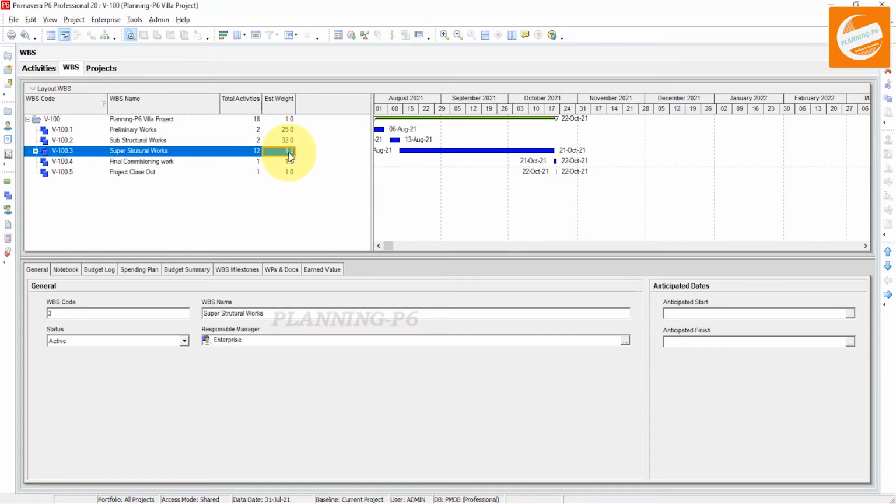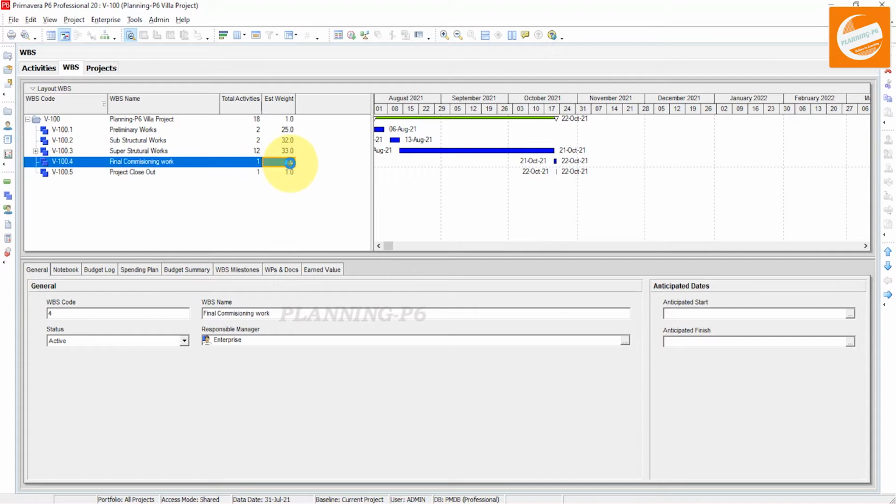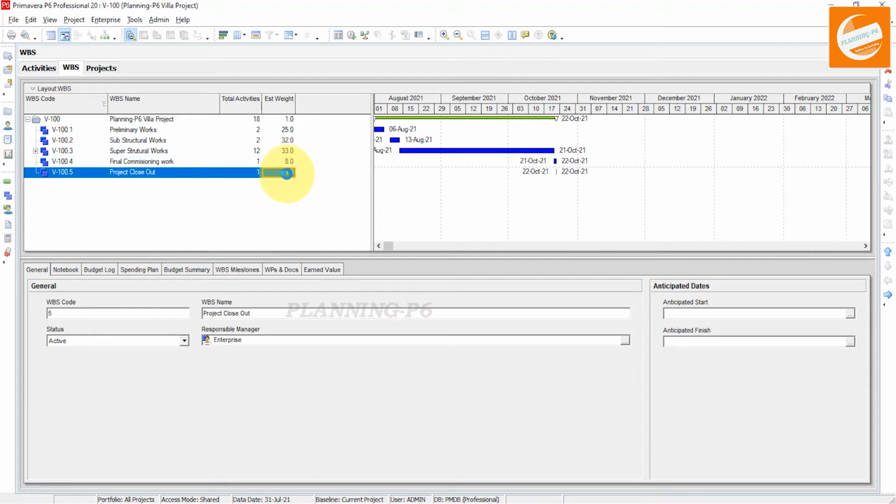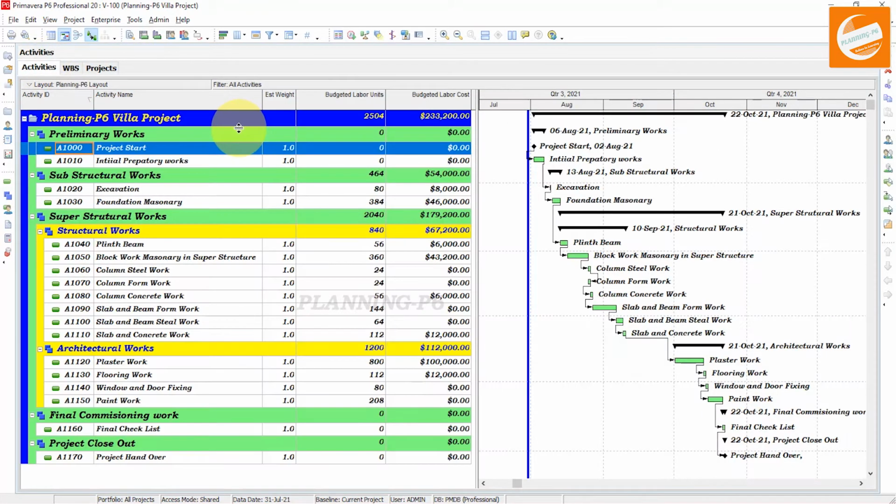If any weightage is defined for the WBS, you can pick that, and 33% for this one, and then 8% for the commissioning work, and then project closure 2%. Now you can calculate it. It will be 100%. Okay, then go to the activities.